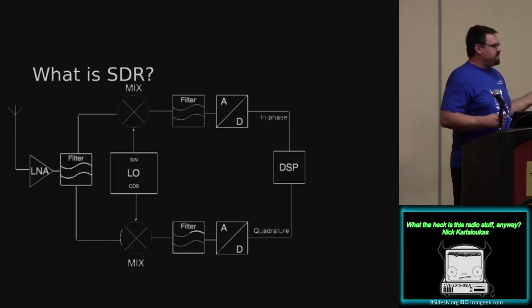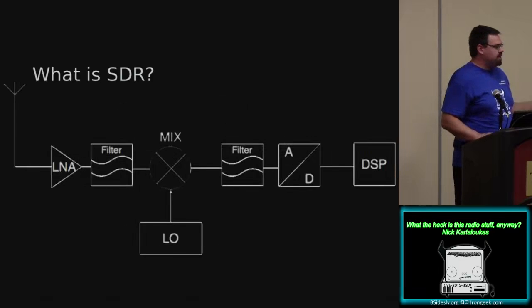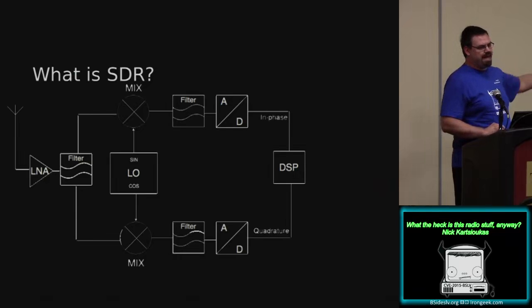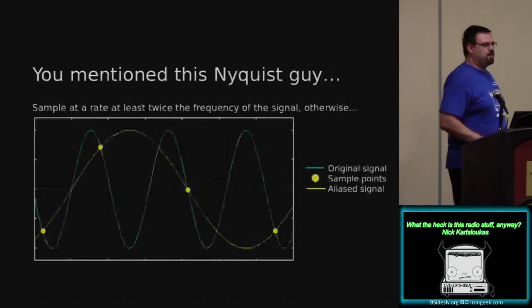when you're sampling a signal with just a single analog to digital converter and you just have that one signal that's coming through the mixer, you have to sample at twice the rate of whatever your signal is. I will show you why in just a minute. But the IQ system, you don't have to do that. So it increases your parts count in an SDR, but it means you don't have to go find as fast of analog to digital converters. So trade-off here and there. As for why you have to sample at twice the frequency,